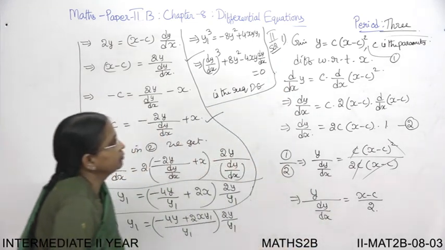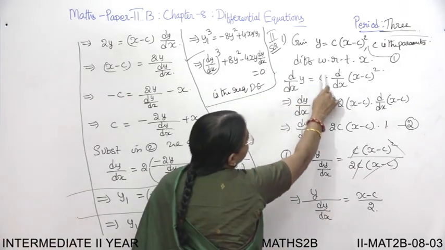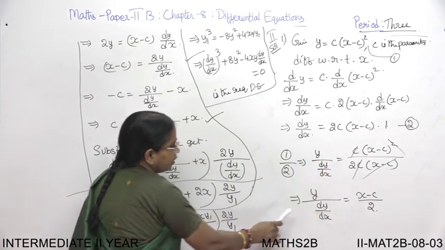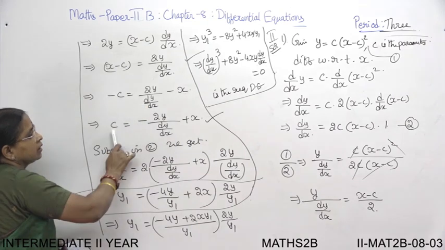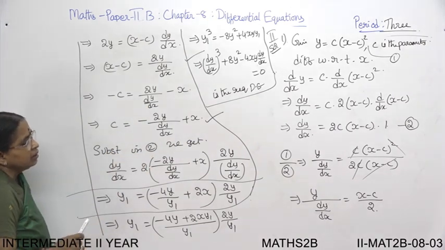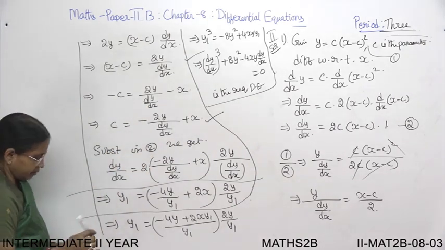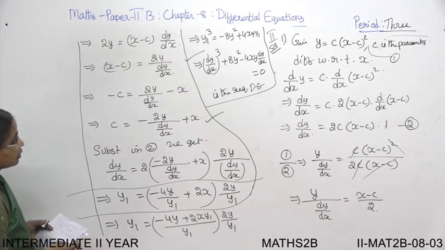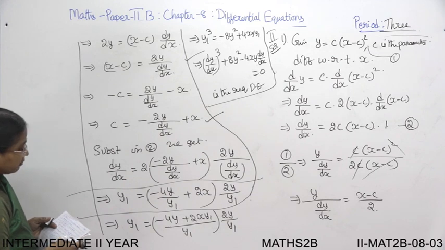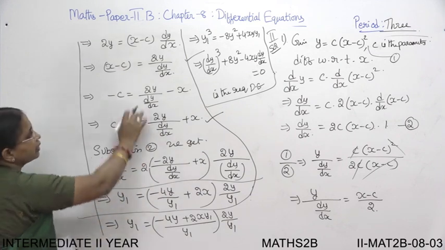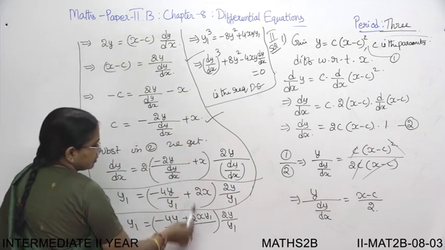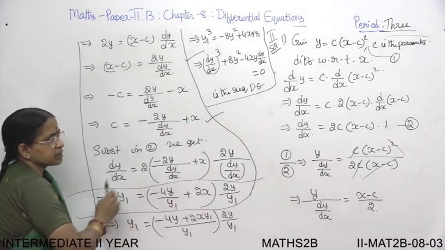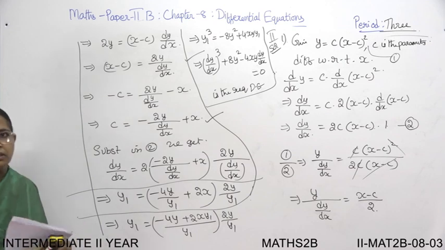So like this we do. First you are differentiating only once because there is only one parameter. So we differentiated, we got x minus C and from that we found C. Now we substituted in the second equation because that was convenient. We substituted in that. So 8y square, yes. So this is your answer. So substitute, simplify. It is better to write dy by dx as y1, then it will be easy.